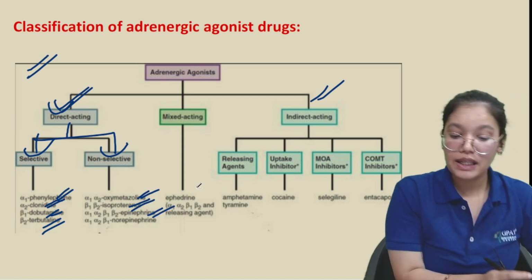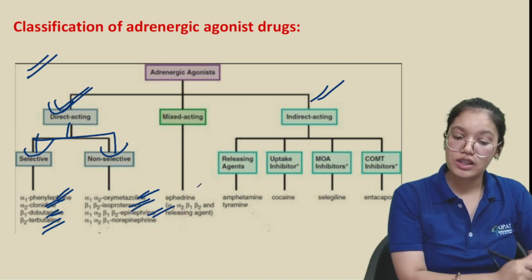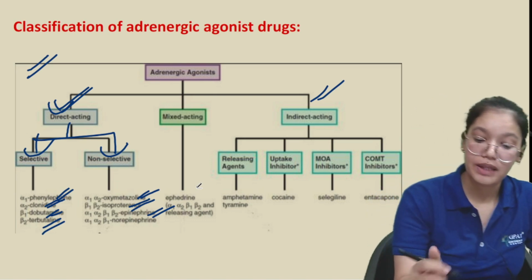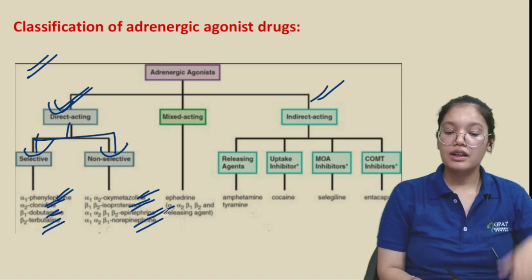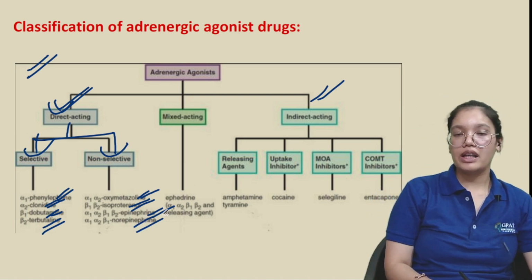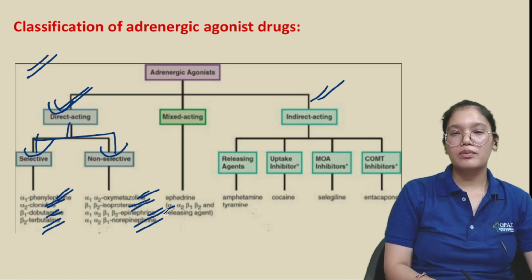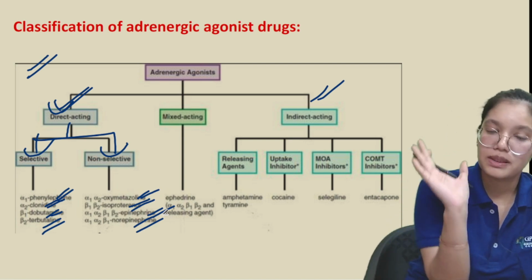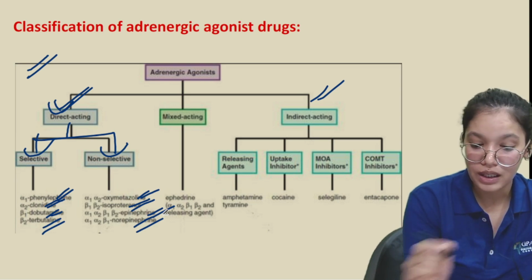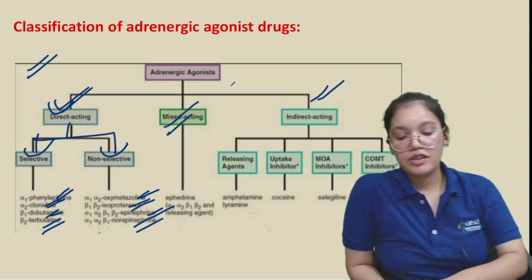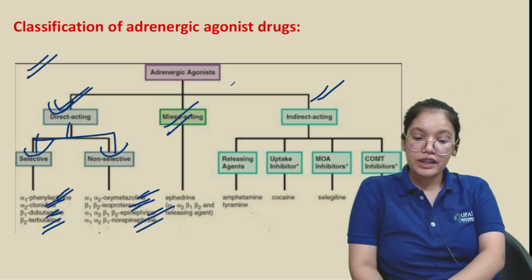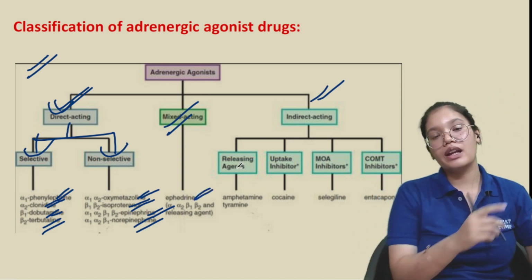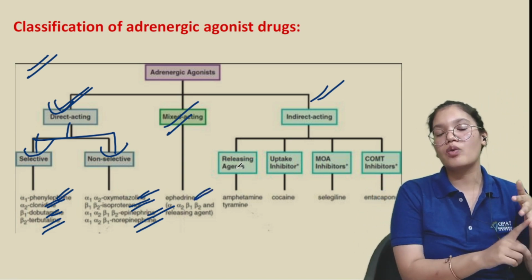Then epinephrine, that is also a neurotransmitter here, so alpha 1, alpha 2, beta 1, beta 2. Then norepinephrine: beta 1, alpha 1, alpha 2, not beta 2. If there is an action at beta 2, it is very weak, so only beta 1, alpha 1 and alpha 2. Mixed acting, we have ephedrine. Now ephedrine has affinity for the receptors alpha 1, alpha 2, beta 1, beta 2,